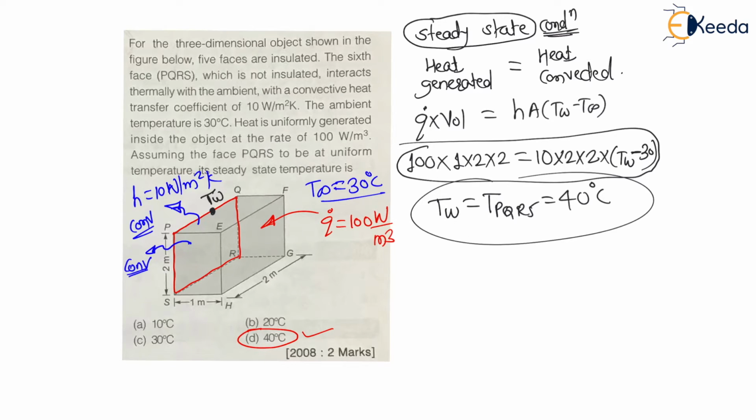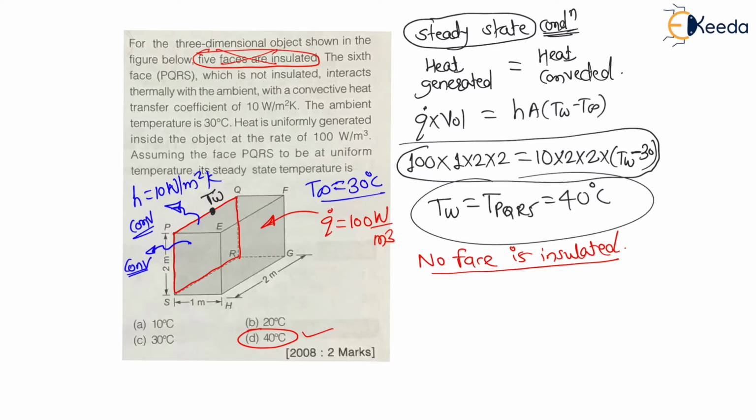Now my dear students, in this question they have mentioned 5 faces are insulated. Now if they mention that instead of these 5 faces being insulated, none of the faces is insulated, then what will be the steady state temperature of any face? What will be the steady state temperature of PQRS? Now if none of the face is insulated, then through each and every face